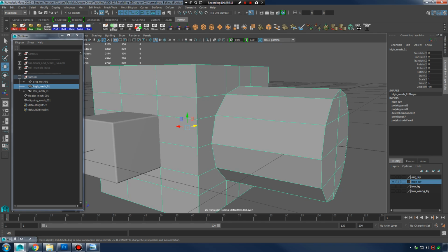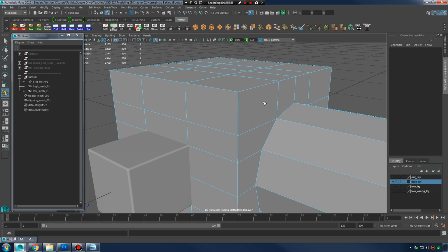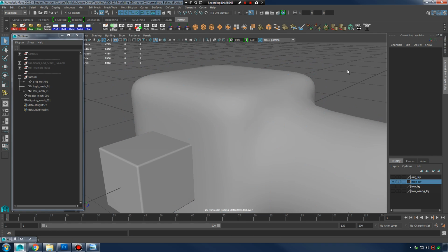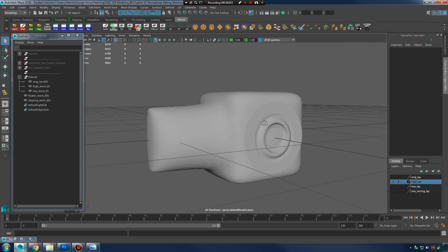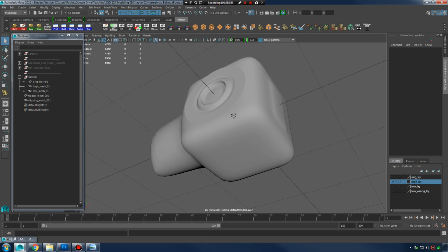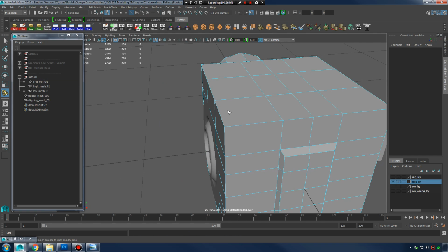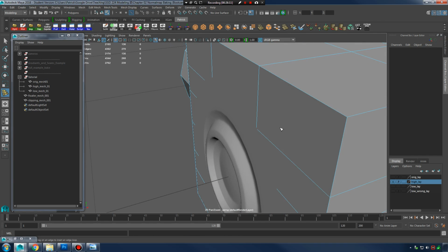All right, edge thickness. Well, why don't we go ahead and start putting in some support edge loops to make this guy a really nice high poly model. Because right now when we press 3 to go into sub D mode, we get this lumpy whatever this is. So what we're going to do is use our insert edge loop tool,